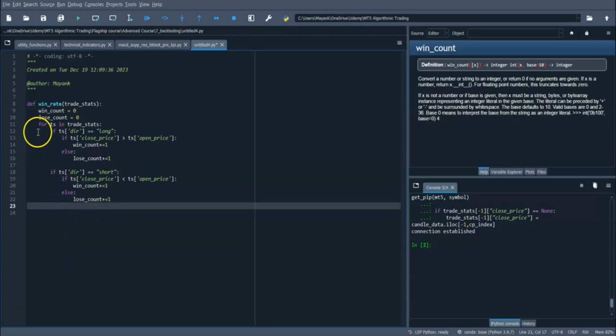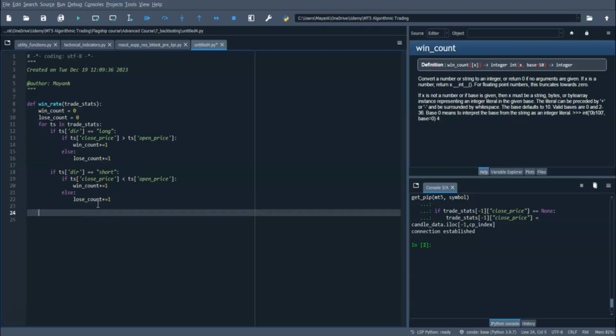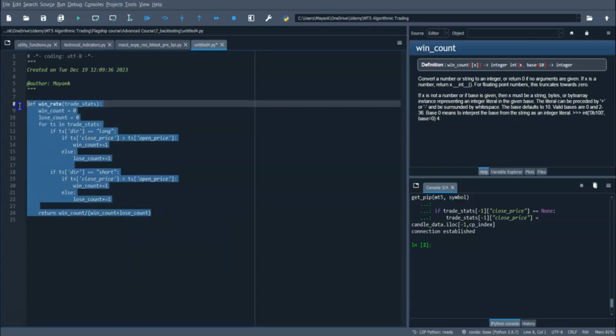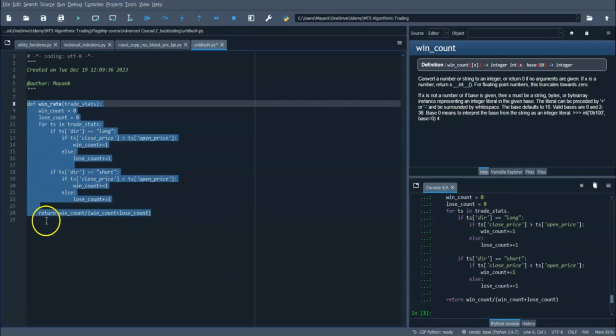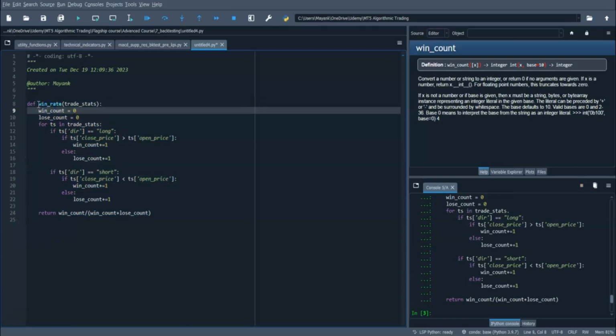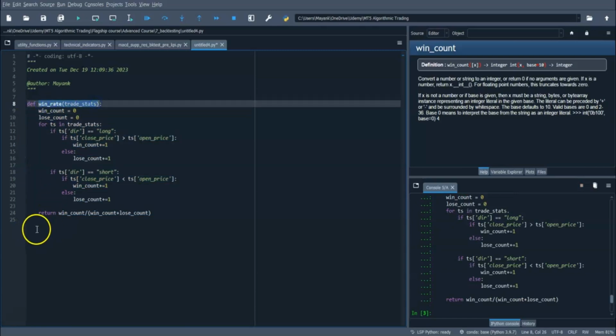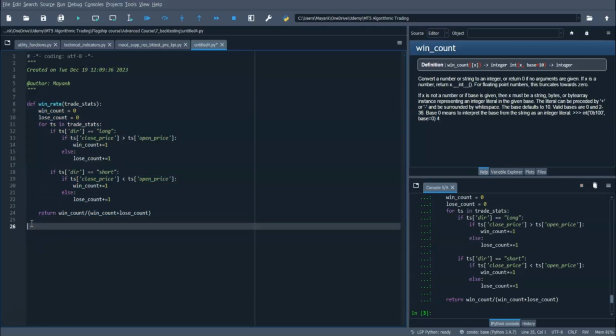So after this loop is over, we will have both win count and lose count. And then all that we'll have to do is return win count divided by win count plus lose count. Okay, and this should give us our win rate. So let me run this function and let me now test whether the win rate of our backtested strategy is